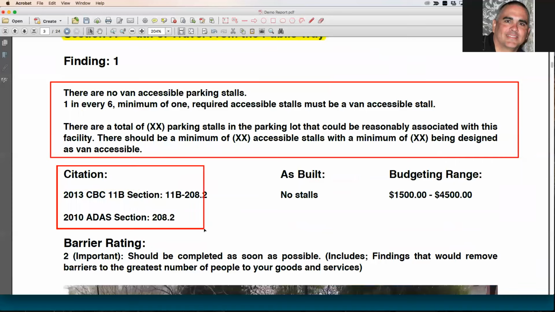In addition, I'll show you in a minute, you have the option of showing the actual code text. So in this case, it's referencing 208.2. The report will actually take verbatim and put it in italicized letters, the actual code language, as an optional show on the report. This one here is an as-built. This is what we call,